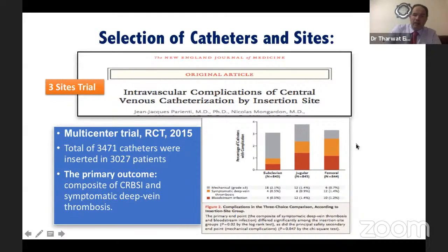Looking at the results here, this is the percentage of catheters with complications, and here are the mechanical complications including the pneumothorax, and here is the symptomatic DVT and bloodstream infections. So you can see the subclavian has the highest percentage of pneumothorax compared to the infection risk and the thromboembolic episodes. If you look at the femoral here, it has the highest risk of infection, the highest risk of DVT or